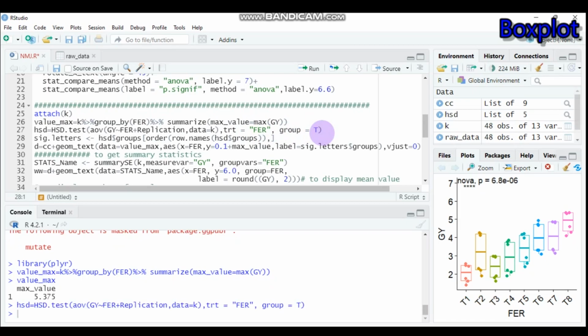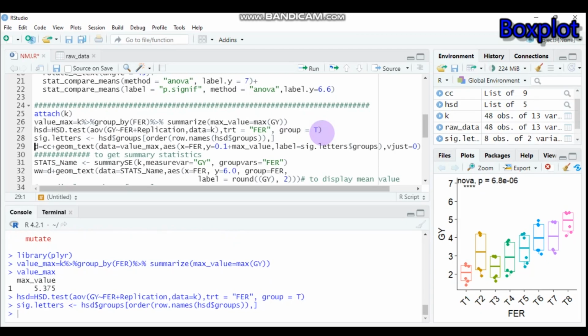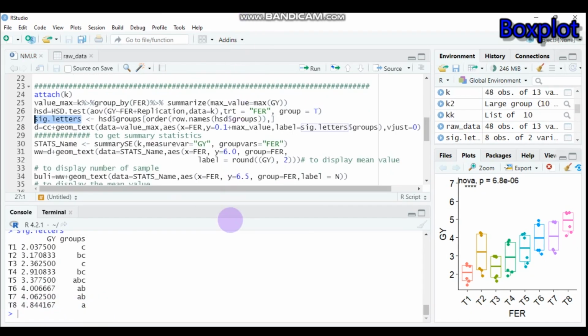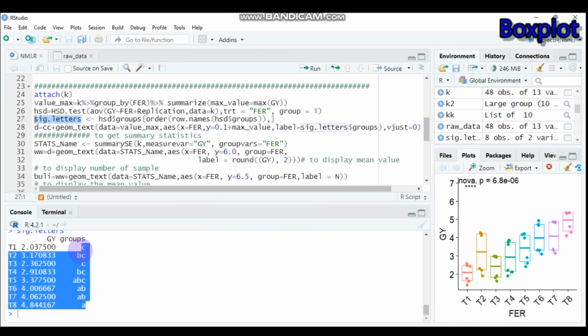Then again we have to arrange the significance letter. Yes, here is the significance letter. So the highest granule according to the honest significance difference test is obtained from the treatment 8. So let's display this significance letter, that means these groups B, C, A, B, and A to this box